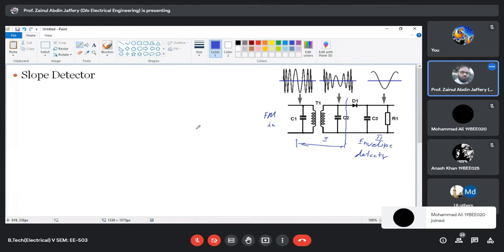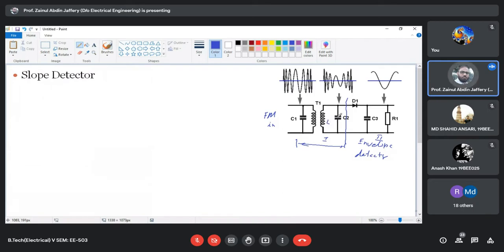So this is an LC circuit. This is your L and this is your C, and we forget about that, this is only a bypass capacitor. The secondary winding of the transformer is the coupling circuit only, and the secondary winding of this circuit is actually an L. So this becomes an LC tank circuit.